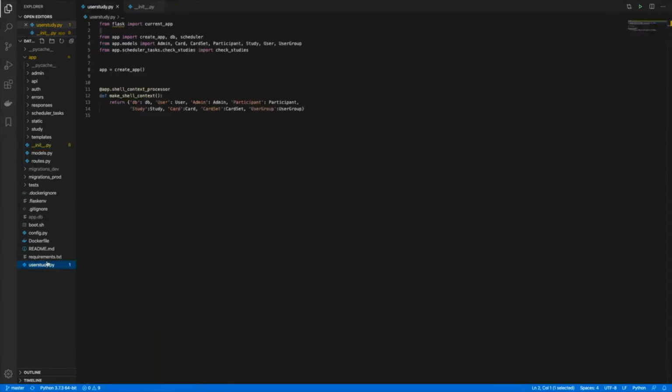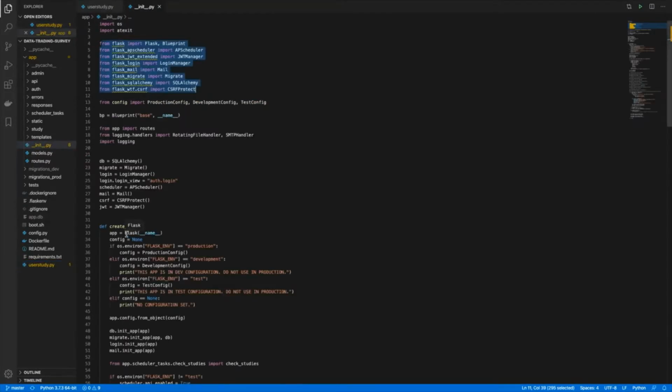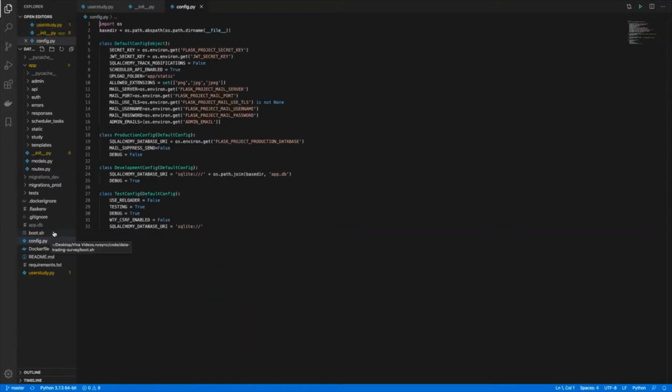And then we're using this create_app method from the init file, which effectively creates an instance of a Flask app. We're setting up our environment variables and our configs here, depending on what FLASK_ENV environment variable we set earlier. In this case, it's the development config. All of these can be seen in this config.py file. So we have the default config and the production, development, and test.